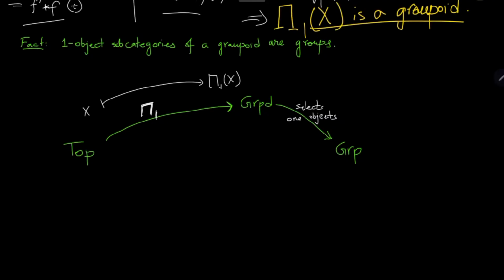So what would this group be called? So pick some object x0 and we send this to the group Aut of x0. Aut at pi1 of X of x0, and that is what we call the fundamental group of X based at x0,